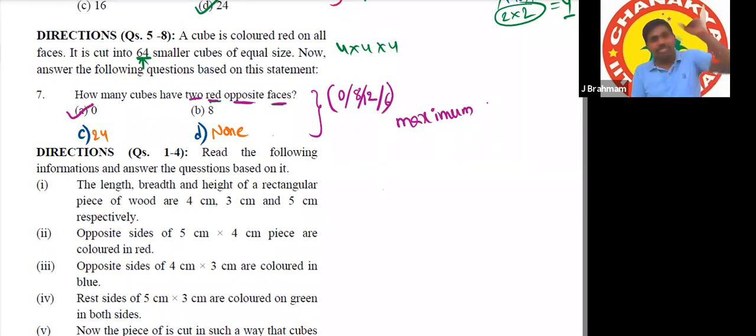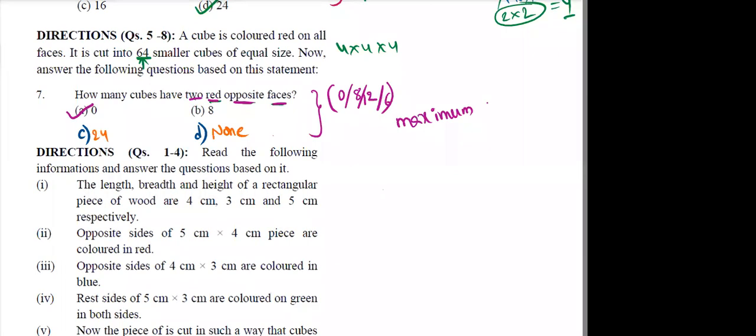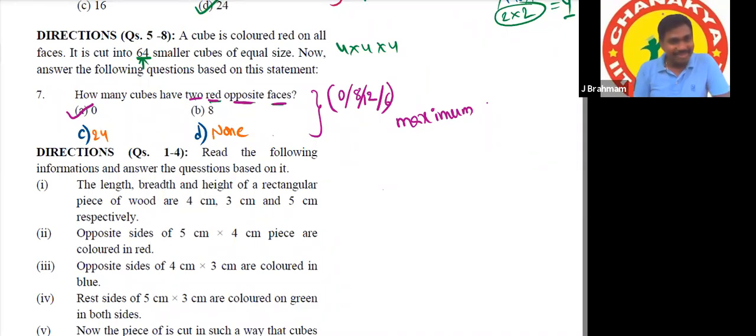If you bring it out and then turn it around, then completely you can paint it. Otherwise, without separating it, we cannot paint on all faces. Yes or no? Sir, I thought it was asking for the whole big cube's faces. No, here the complete question is about smaller cubes only. Maximum 3 faces we can paint, and those 3 faces are adjacent. They can never be opposite. Adjacent only.